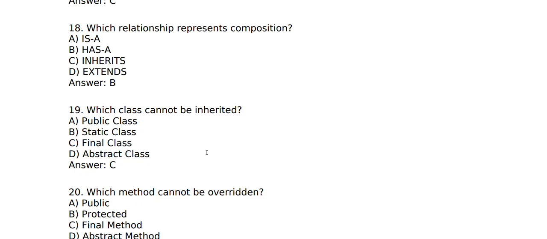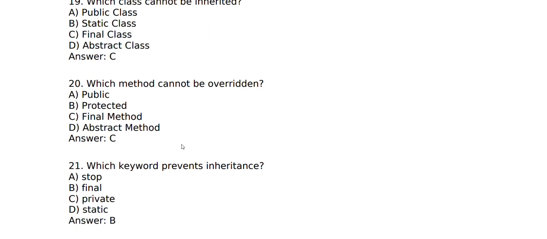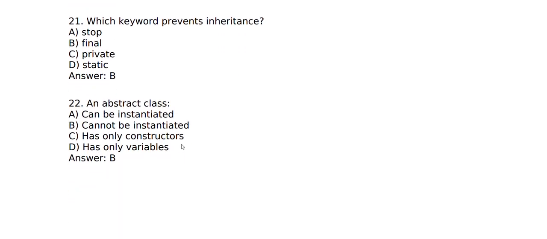And one more thing you should know about the final keyword: if it is used on a variable, that variable cannot be reassigned; on a method, that method cannot be overridden; and on a class, it cannot be inherited. So which method cannot be overridden is final method, as I told you earlier. Which keyword prevents inheritance? That is final. An abstract class